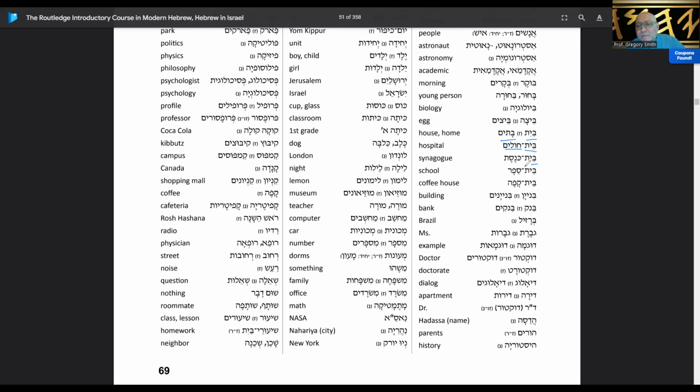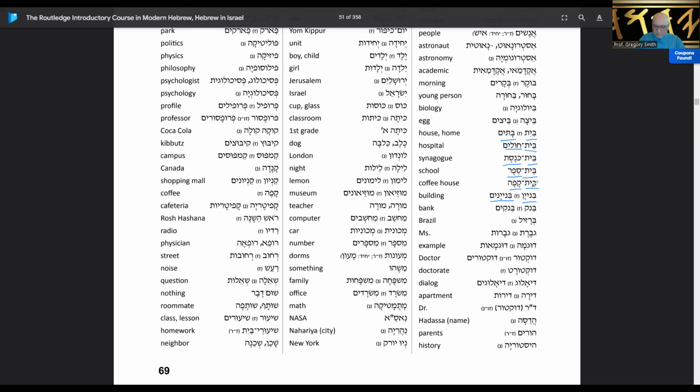Beit Knesset is a synagogue. Look at that. Bet Sefer, okay, is a school. Bet Cafe, coffee house. Binyan, building. Binyan Naim, Binyan. I think it's